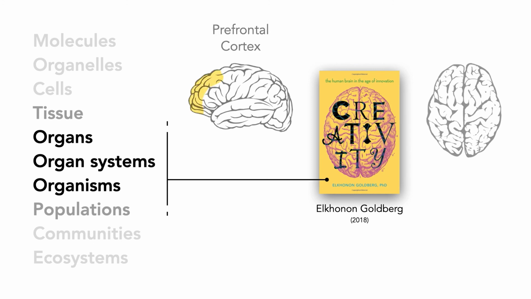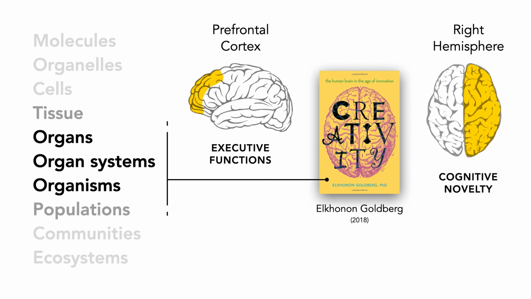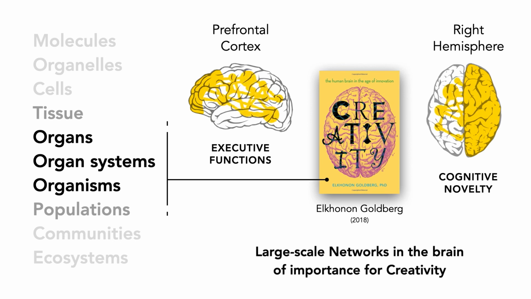And he sees that the prefrontal cortex and the right hemisphere seem to be of importance when it comes to creativity. The prefrontal cortex is about the executive functions, and the right hemisphere is mainly connected to the cognitive and novelty functions. However, he also says that this way of looking at the brain as separate areas with certain specialized functionality has actually been proven to be wrong. So he talks more about that today.